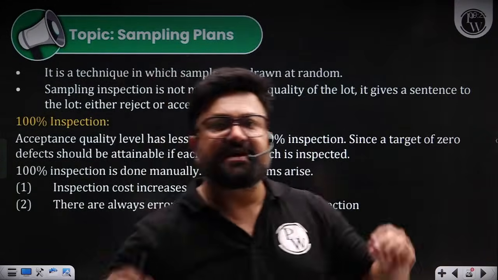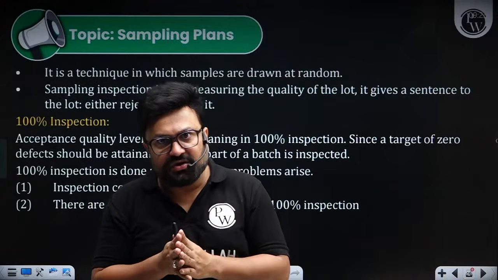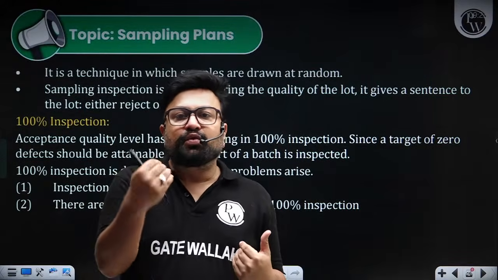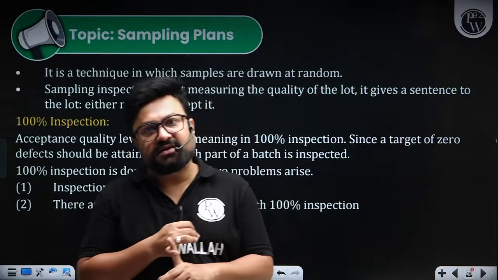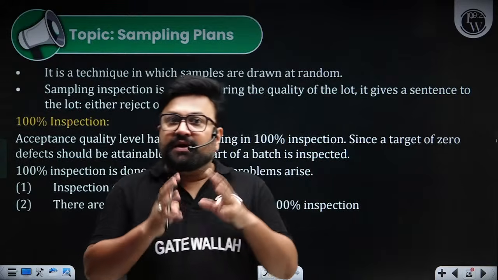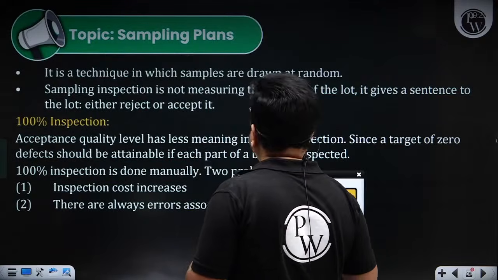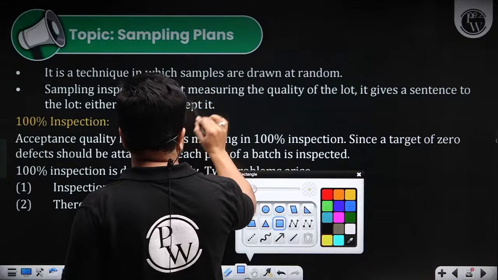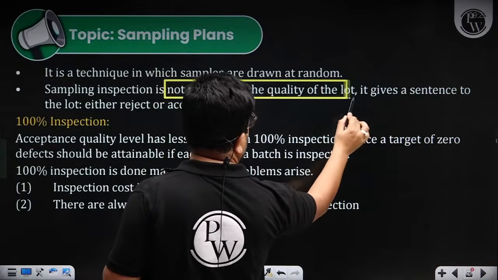Now, the next chapter is sampling plan. It is a technique in which samples are drawn at random and we do the inspection. Sampling inspection is not measuring the quality of the lot. Please remember that sampling inspection does not decide the quality of the lot,